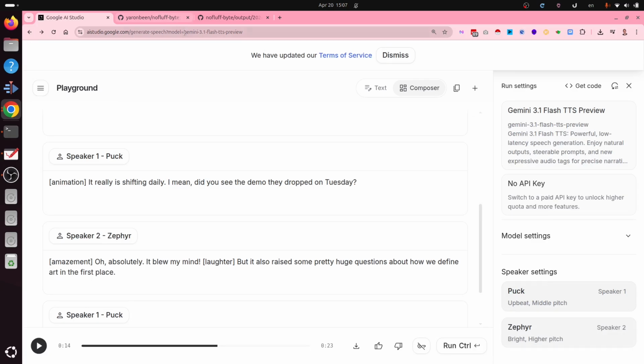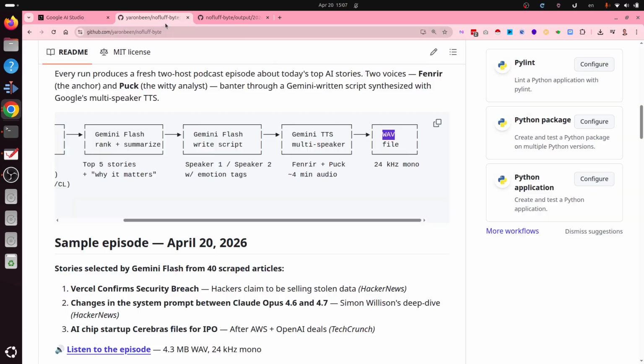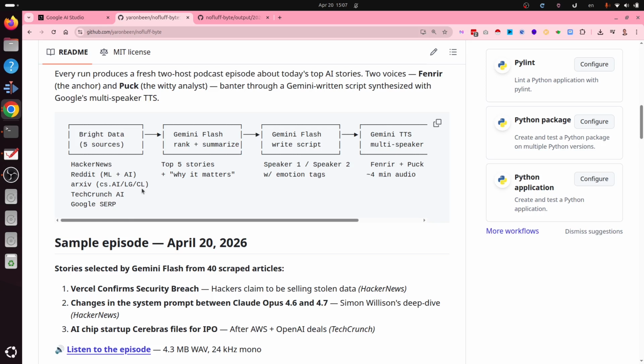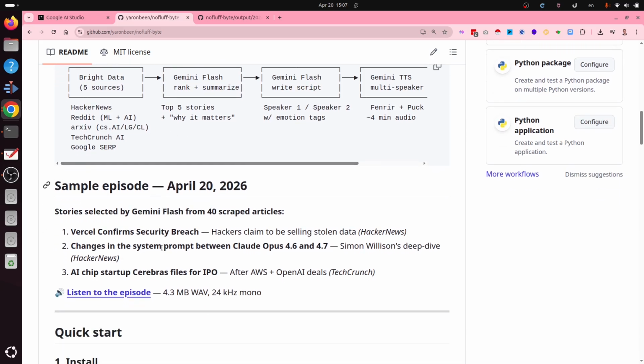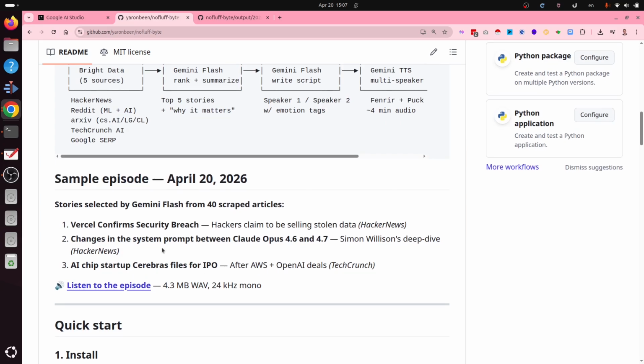Now, what I did, I created a repository, which obviously you have here. And then I told it that I want to use Bright Data in order to scrape the sources. So it scraped the sources, and eventually it created this sample episode, which is very accurate because these are really interesting stories that are